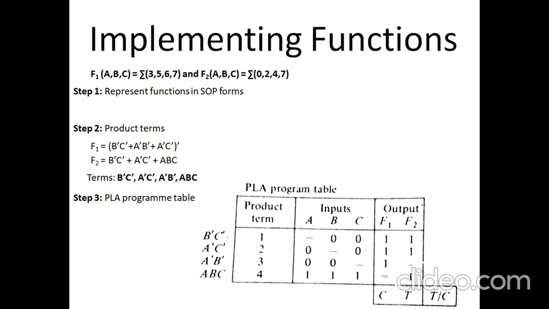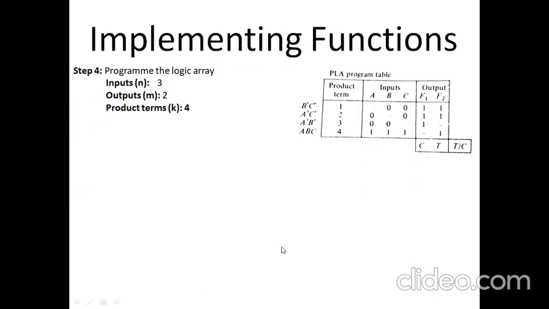So now let me create a PLA for these 2 Boolean functions, and then we would program it by looking into this program table to program the desired PLA. Okay, so this is the program table, and now what would be the organization of the required PLA to implement